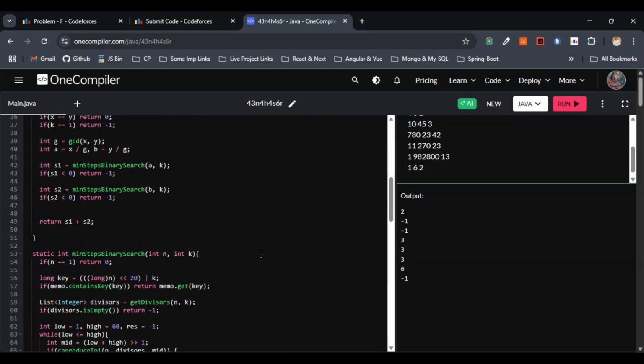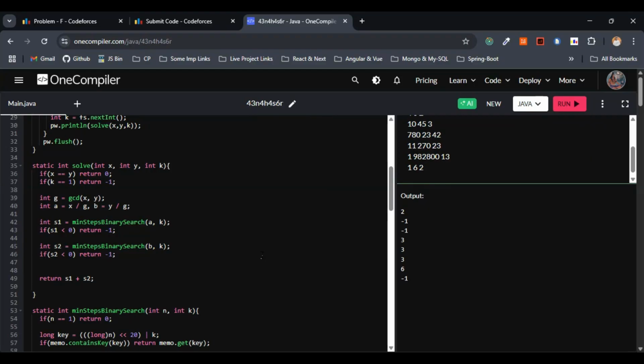So the main thing is there are only three steps within the main function that actually solve this. To solve the problem, first we have to calculate the GCD, and we are going with the binary search. To perform the binary search, to avoid the recalculation of n and k again and again, we are making use of the hash map. And within the binary search, to check whether a can be reduced to 1 or b can be reduced to 1 or not, we are making another helper function,